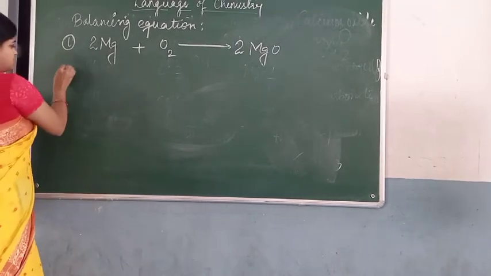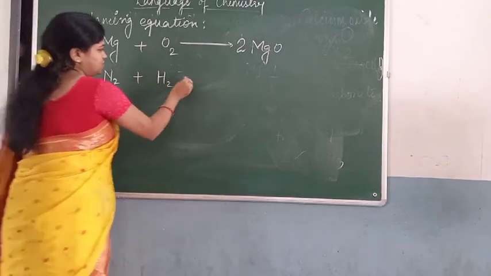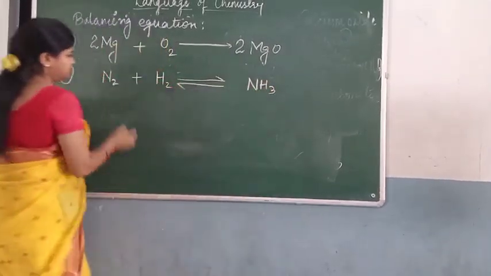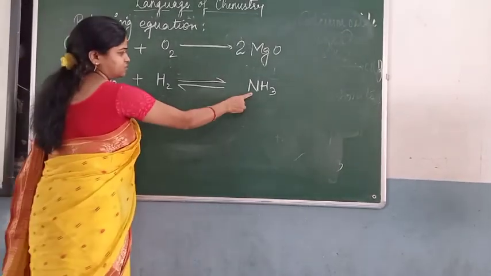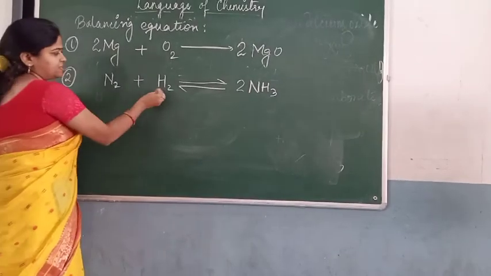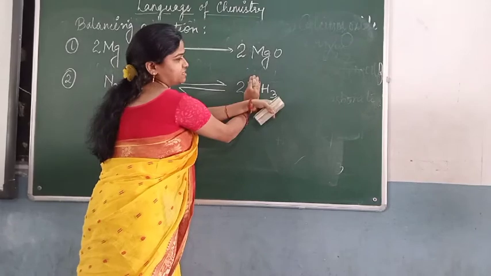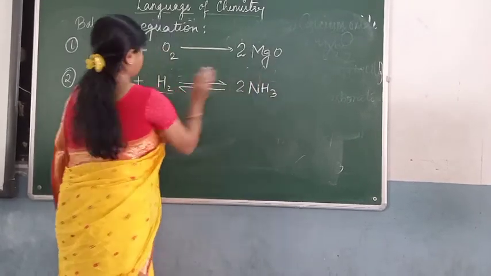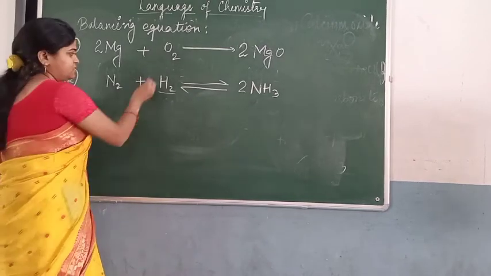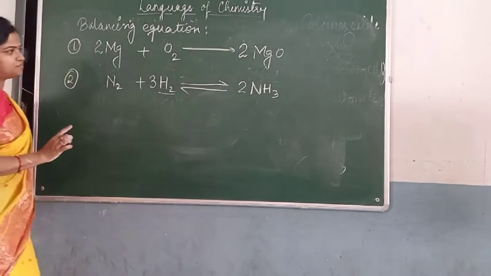Let us take one more example, where nitrogen reacts with hydrogen and forms ammonia. See, this side 2 nitrogen, this side 1 nitrogen. If I write 2 here, my nitrogen is balanced. Here there are 2 hydrogen, but here in total, just see, 2 3s are 6 hydrogen. So you have to multiply by such a number that this hydrogen also comes to 6. So here if I write 3, 2 3s are 6. This equation is also balanced.